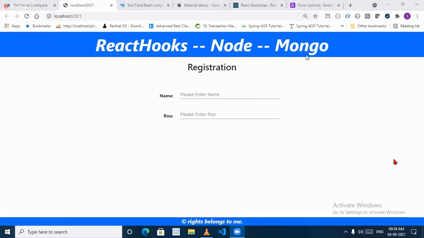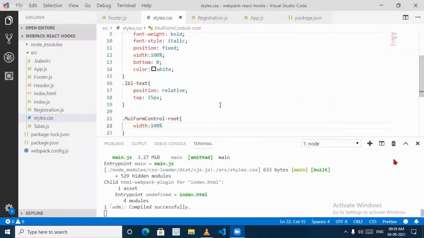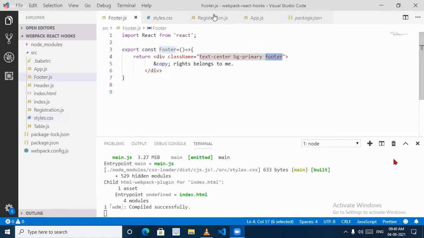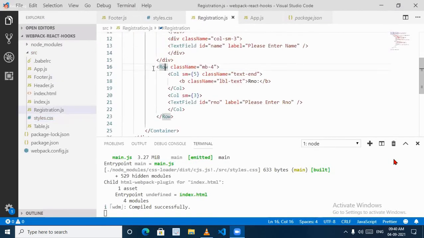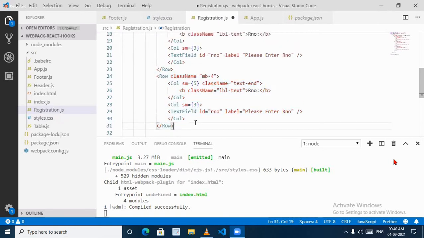Sorry. So, do you want me to add one more row? Just add it. For the registration, I want to add one more row. Just copy paste. This is the one. Now I want the address. My text field should be